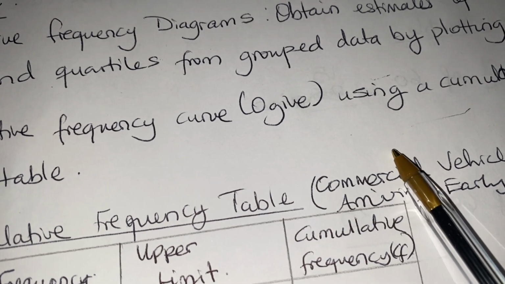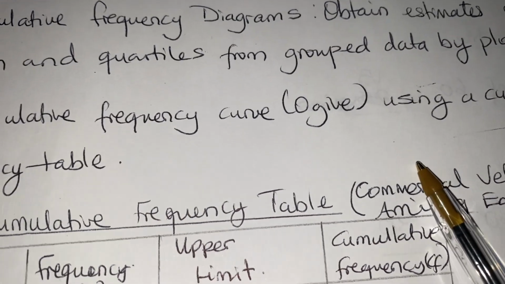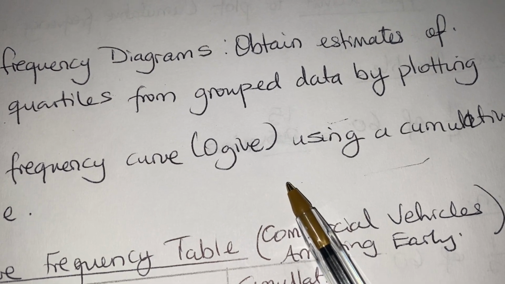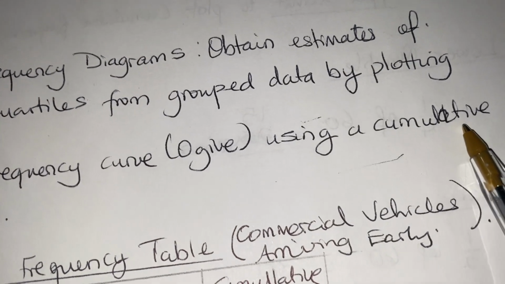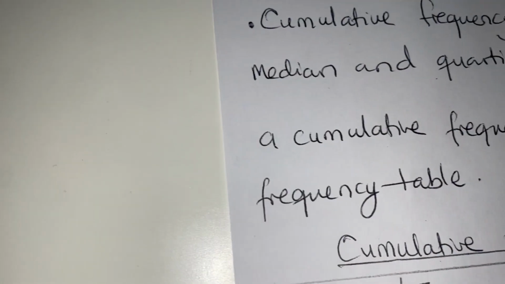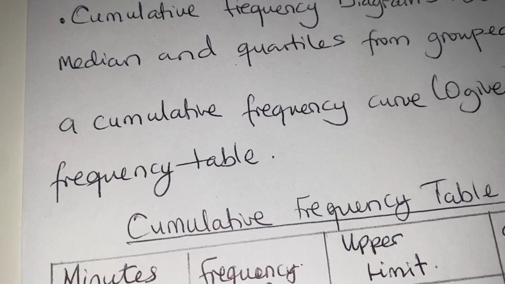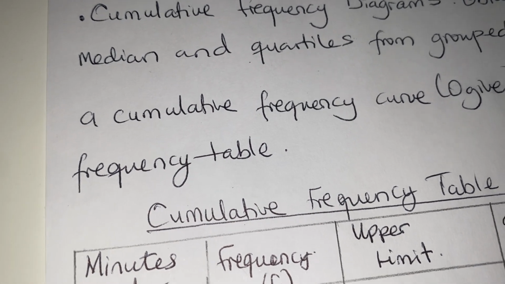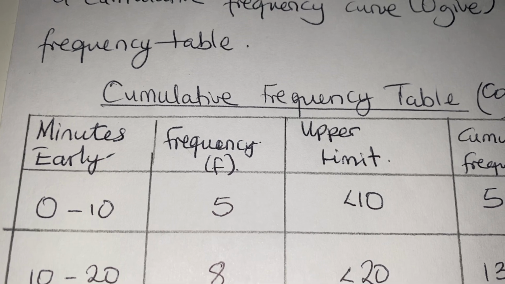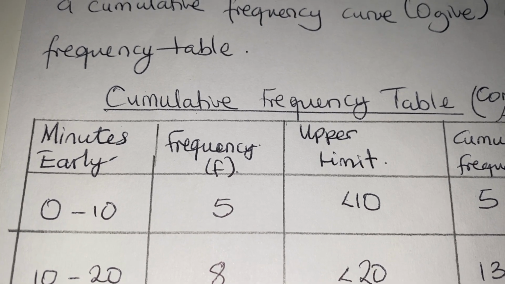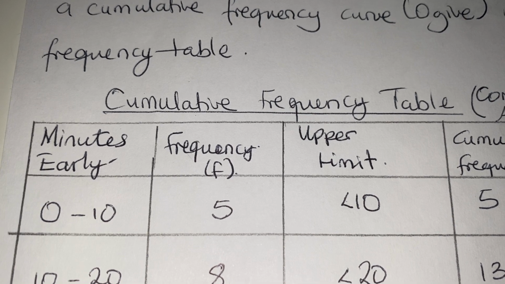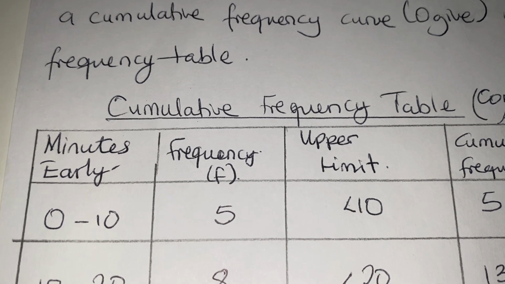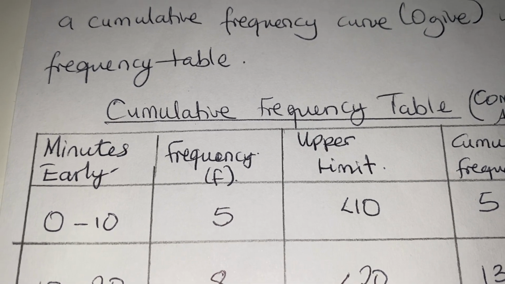Some people call it ogive, but my tutors always said ogive, so I'll go by ogive, using a cumulative frequency table. Yesterday I showed you how to do the cumulative frequency table, and I even showed you how to do the mean, sigma fx over sigma f. I showed you which column, but we've done the mean before from grouped data without plotting the